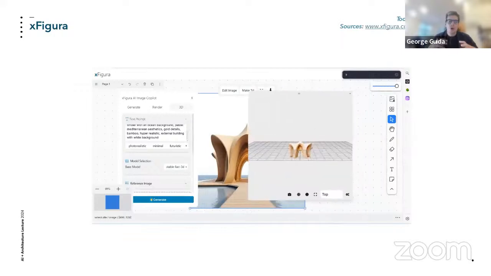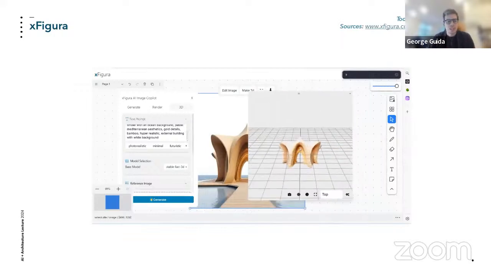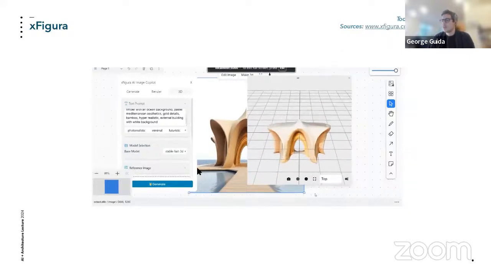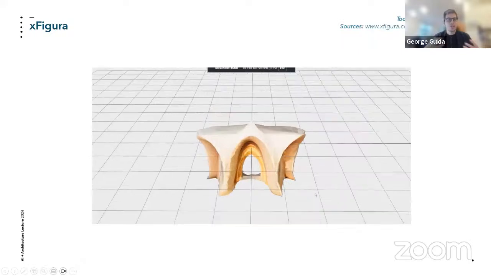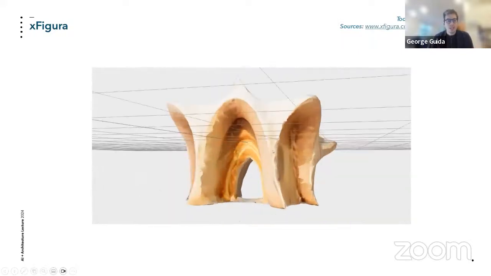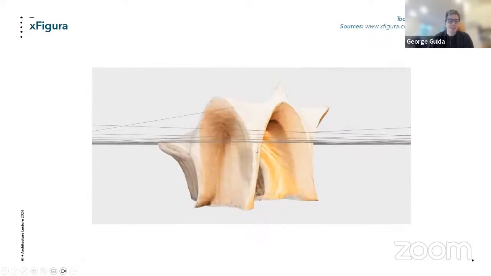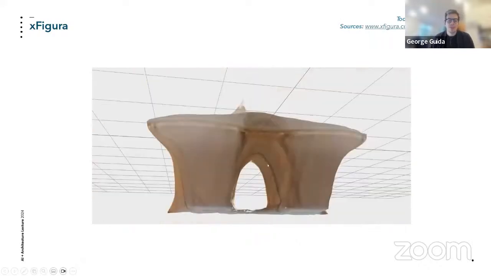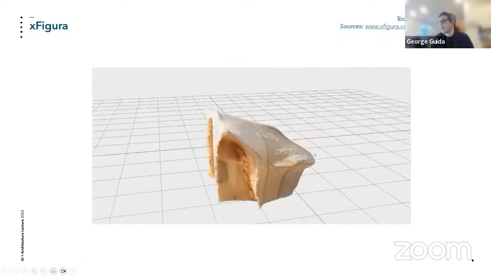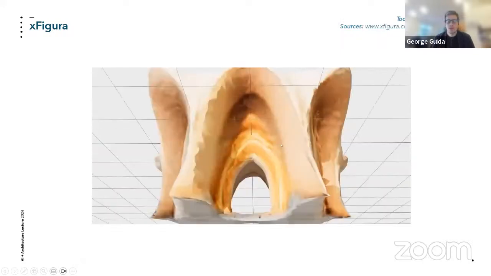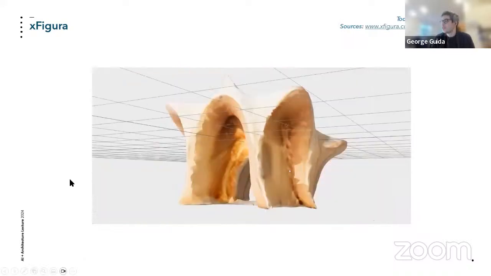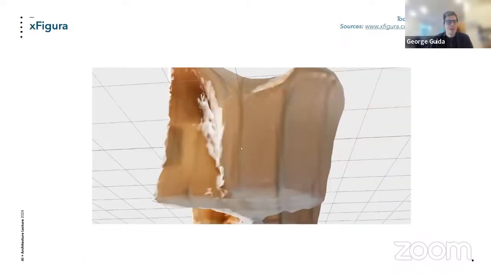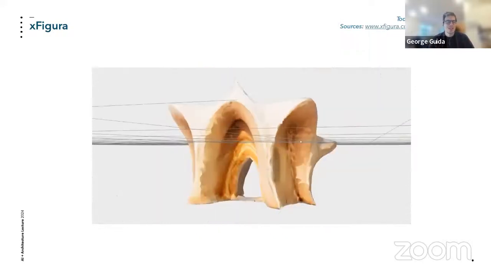This is just a small snippet of the various functionalities that have been integrated. So we're using, for example, Stable Fast 3D. We're using other models, so it's essentially a collaborative platform for architects and designers to be able to ideate in a collaborative way on web with their peers or other students, for example. And so we'll be making this available in the coming weeks to a select few people and then launching it hopefully